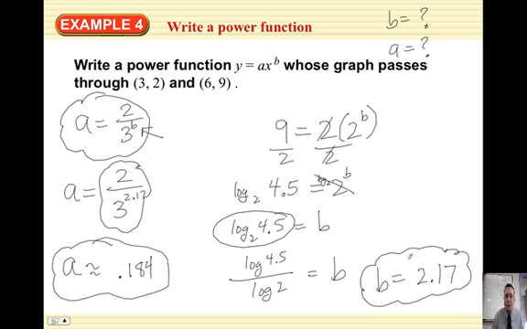So now we got A, now we got B. Put them together. Look, here's the original function. A lot of people mess this part up and do the other one. Remember, don't do that. So y equals A, which is 0.184, x to the power of b, which we found b to be 2.17. There you go. These coordinates represent this power function right here. Know how to find a power function based on